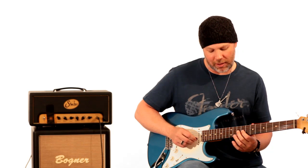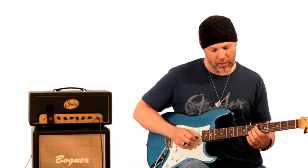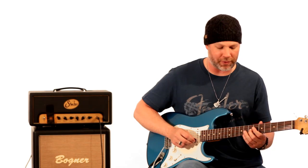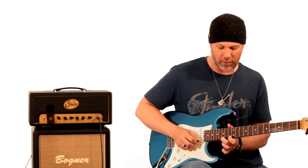Then he hammers on the 10th fret, and he slides down with the 2nd finger to the 7th fret of the G string. So that whole thing is...